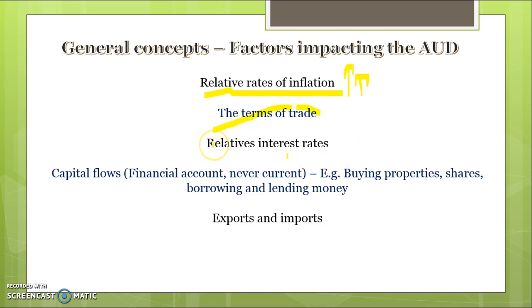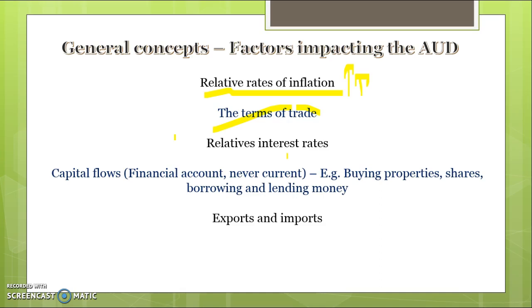Okay, at the moment, Australia's interest rates are much lower than the US's, especially as they continue to tighten monetary policy in the US. That's discouraging capital inflow into Australia and encouraging capital outflow. So the key thing here is don't talk about putting money into banks. Never say they'll put money in our banks or anything like that. Say that Australians are less likely to invest because of the lower return for Australians of putting money in our banks, we're more likely to invest in